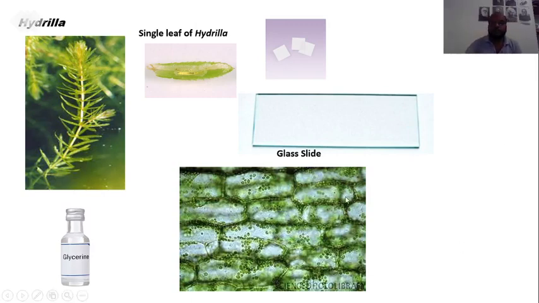So this is the sectional view of the hydrilla leaf. In the hydrilla leaf, the cells are compactly arranged. They are also elongated, and one important point is that the cell wall we can easily observe. The vacuole is large, present at the center, and there is a large number of chloroplasts. These chloroplasts are small and movable. When we observe under the microscope, we get an idea about the movement, and this movement of the chloroplasts takes place due to the streaming movement of the cytoplasm.